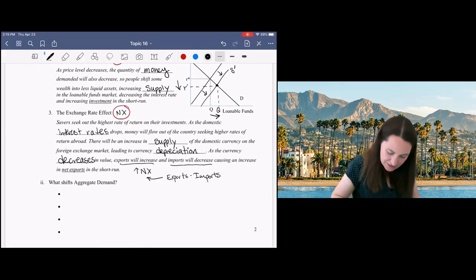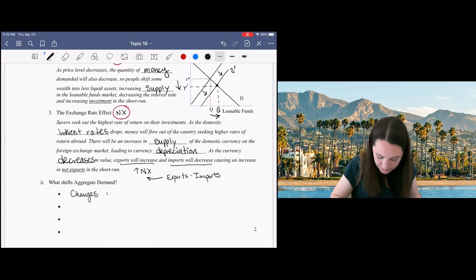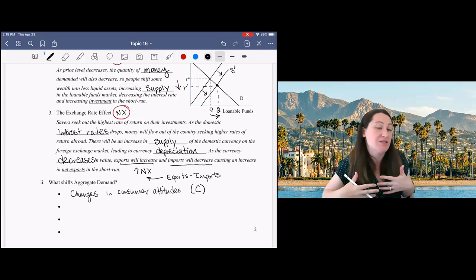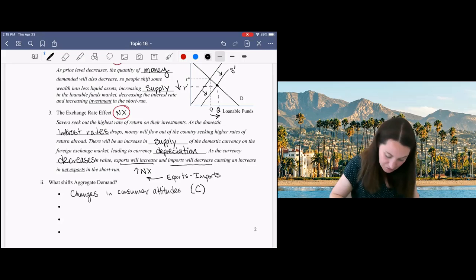So changes in consumer attitude, these are sort of some examples of things that might lead to changes in one of the variables in aggregate demand. Maybe people are just feeling really good about the economy and they go out and spend a bunch of money because they're optimistic about economic growth, or maybe the opposite. Changes in investment opportunities or changes in the loanable funds market